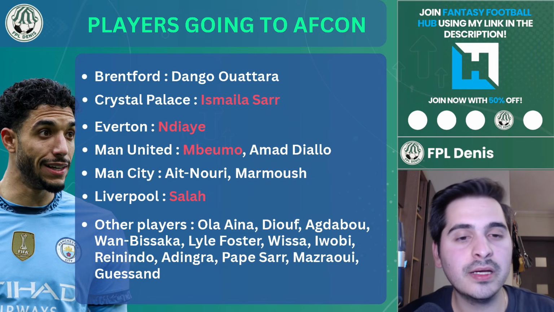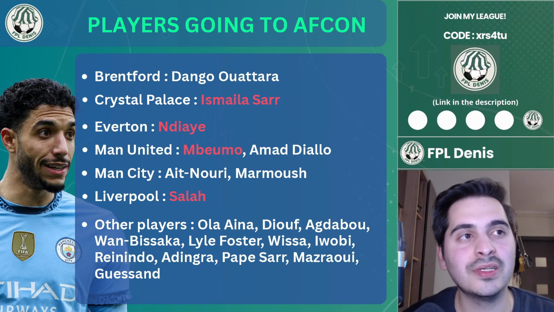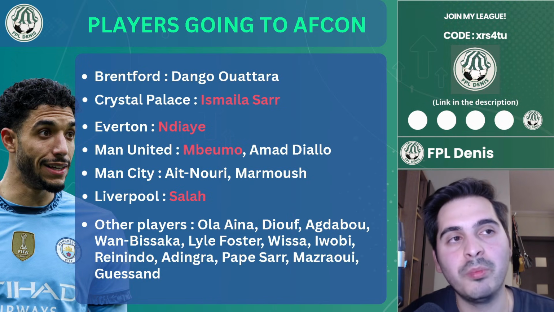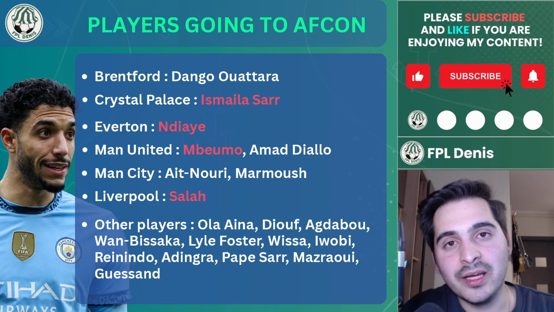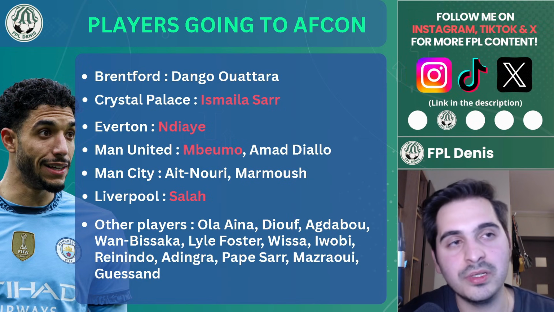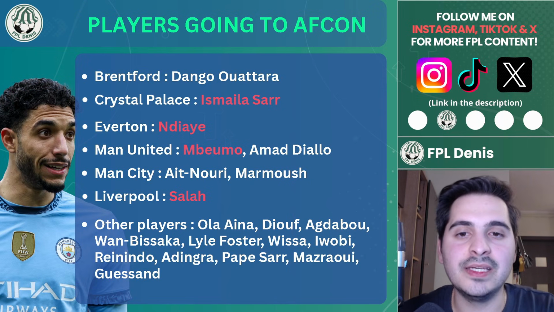Other implications here, obviously we know that NJ is on penalties, so when he goes to the African Cup of Nations, another player from Everton is going to be on penalties. We don't know for sure who that player is going to be, but maybe someone like Grealish, maybe someone like Beto, although he's not playing every game. So someone like Grealish could become an interesting option around that period, maybe even someone like Gardner. But that's it for Everton.